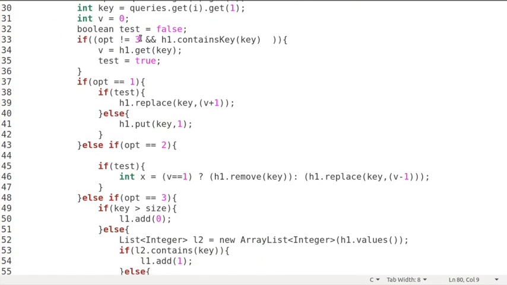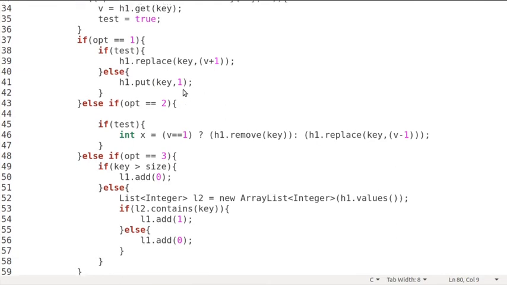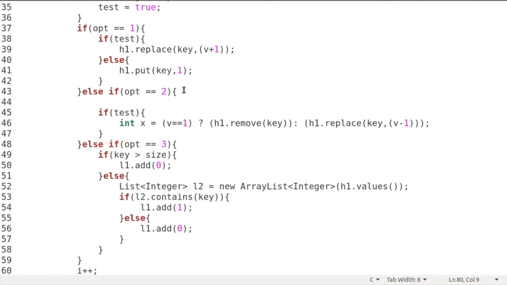Now we will initialize one flag here with the false value. So why am I doing this? Because rather than checking every time if the key is available in my HashMap, I'll do it once and then I will use that flag every time. So that is what I am checking here. And we already know if the option is 3, then that is not the key, that is actually the frequency, number of frequency available in the list. So if option is not 3, then I will check and set the flag as true if it is available in the list, and then I will start the programming.